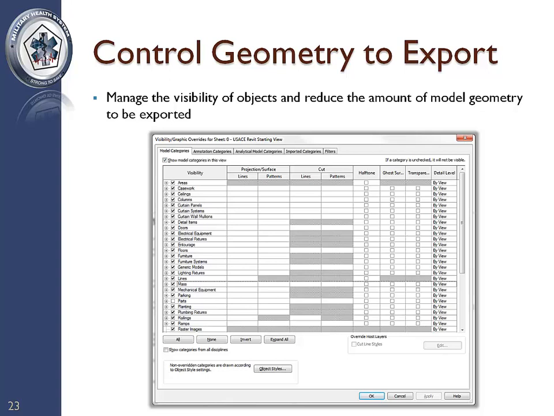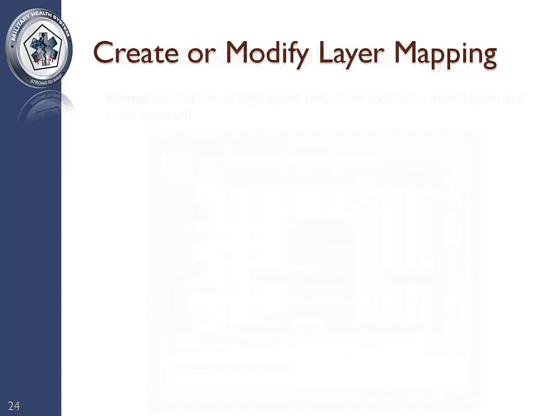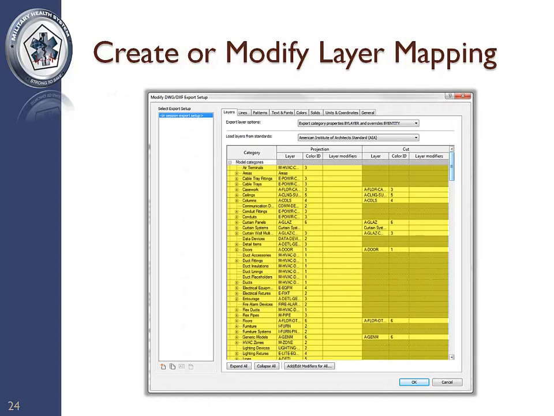The information displayed is controlled in the Revit Visibility Graphic Override menu. Modify the existing or implement custom layer mapping to ensure that all the project information in Revit categories and subcategories will be exported to the appropriate CAD layers. This is controlled from Revit's Modify